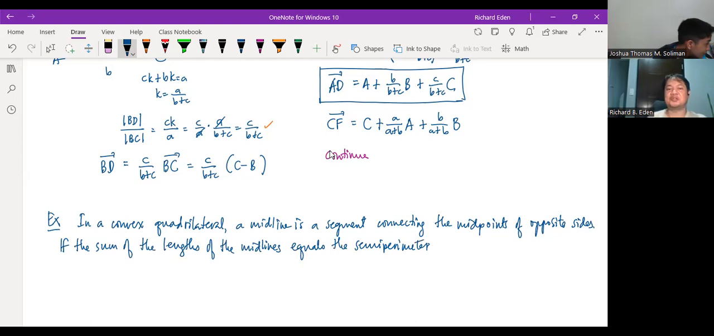So what's a semi-perimeter? We encounter this usually in Heron's formula, but hey, it's merely the half of the perimeter. And so you can also apply that definition to polygons in general. Just take the perimeter and then divide it by 2. So if the sum of the lengths of the midlines equals the semi-perimeter, show that the quadrilateral